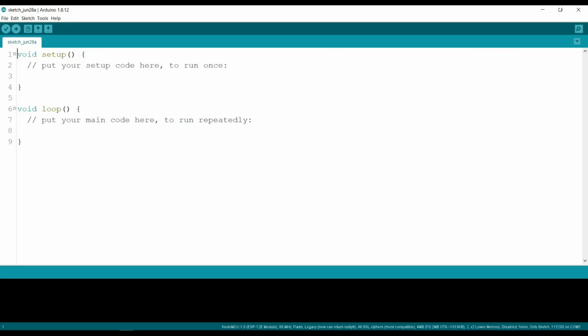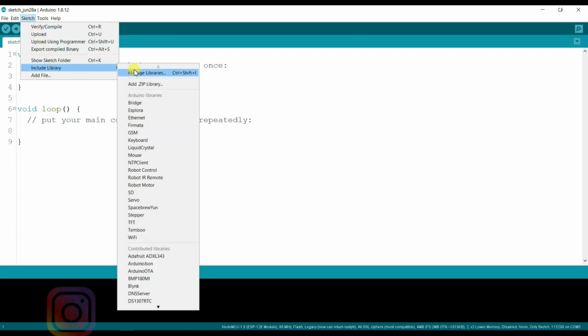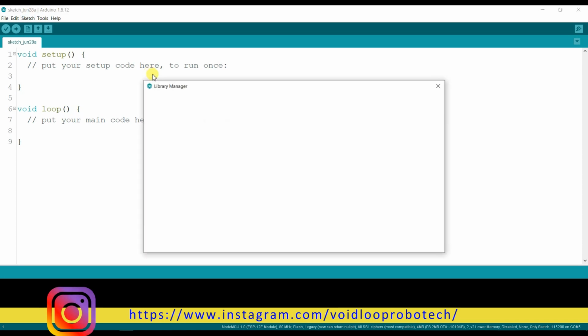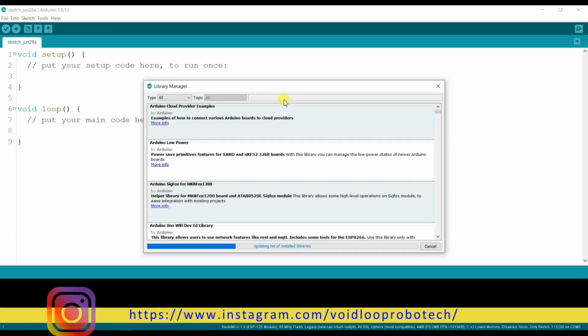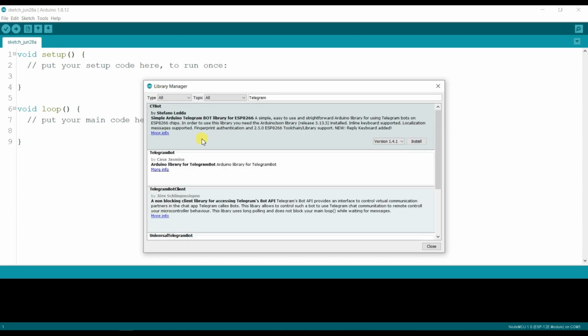Here we need to install Telegram library. So we will go to Sketch, click over here and include library and manage library. Here I will search Telegram and install CTBot.